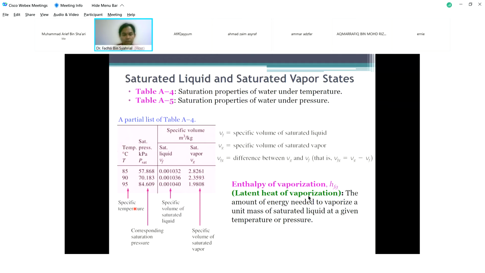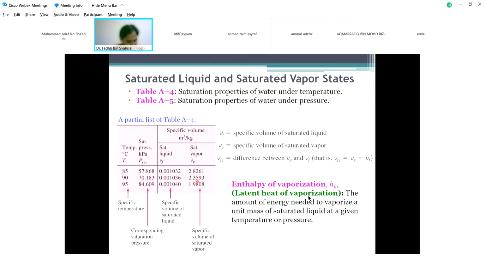Suhu tertentu yang mana suhunya constant. So sekiranya suhu 90 darjah Celsius, so here are the data. If temperature is 90 degree, the saturation pressure is 70.183. Saturated specific volume for saturated liquid state is 0.001036, and then specific volume for saturated vapor state is 2.3593, and then after that